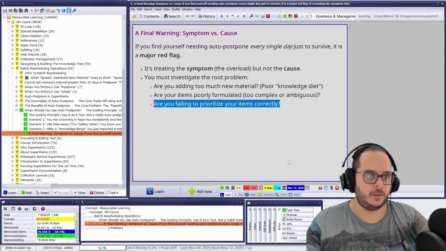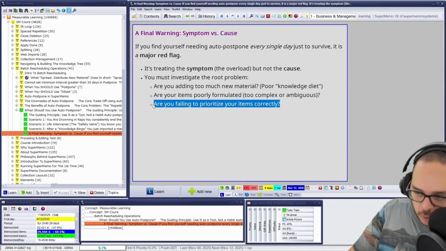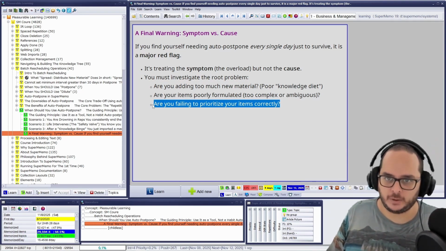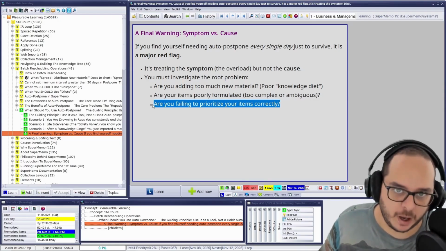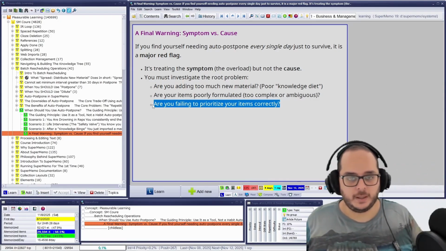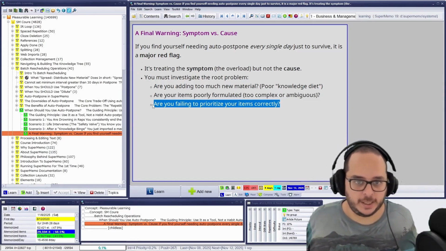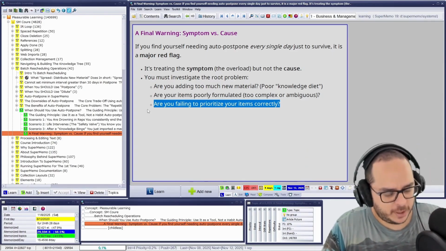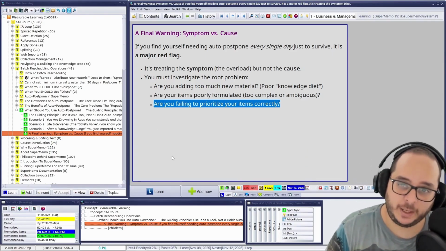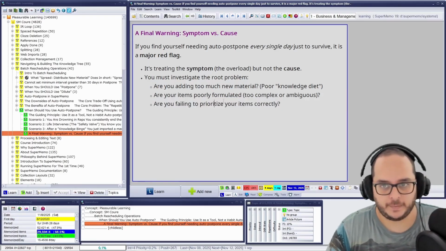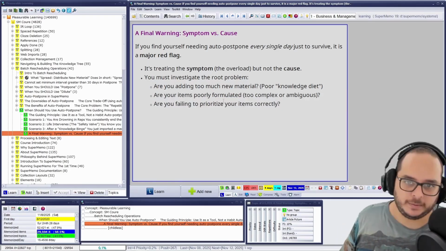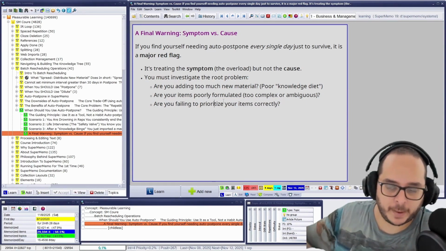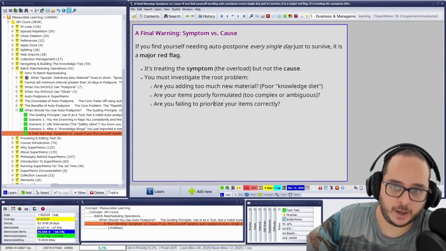Something like that. That's why when you use Autopostpone the first time in your collection, ask yourself those questions. Is it really a major cause, or am I hiding a symptom? If it's like this, tackle that. That is prioritization. Try to master priorities. Go review the course about priorities, which is, by the way, the longest section of the Fluency track. That is formulation. You can see the formulation course when it's available. It's independent from SuperMemo. It will be done in the future. Or you can get tutoring.